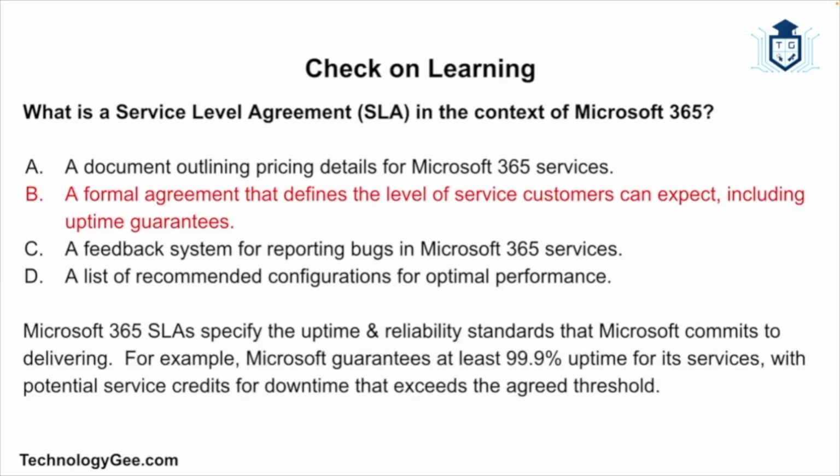And the correct answer is a formal agreement that defines the level of service customers can expect, including uptime guarantees. So Microsoft 365 SLAs specify the uptime and reliability standards that Microsoft commits to delivering. So for example, Microsoft guarantees at least 99.9% uptime for its services, with potential service credits for downtime that exceed